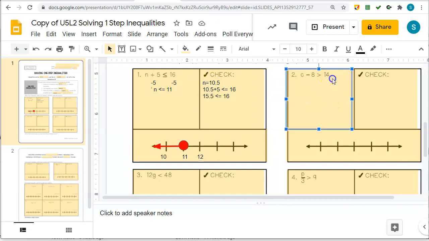Let's go ahead and take a look at this one. We've got c minus 8, so we want to get rid of that minus 8. The opposite of subtracting 8 is adding 8. But again, it needs to be balanced, so we need to do it to both sides. And we're thinking about this inequality. That's our balance point. That's exactly where our equals would go. So we get c